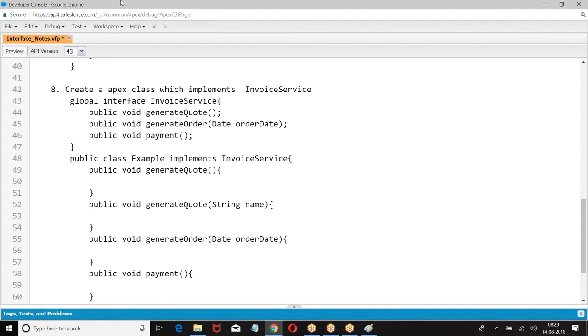That means the sequence or the order of the interface methods does not make any difference. We can write them whenever we want, but every method in the interface has to be present in the class which is implementing that interface. Order is not important. What is important is that every method in the interface should be defined in the class. In which order you define them doesn't make any difference.